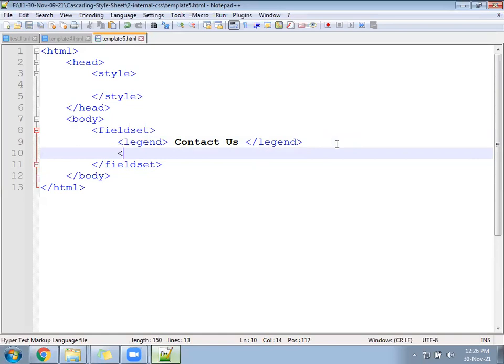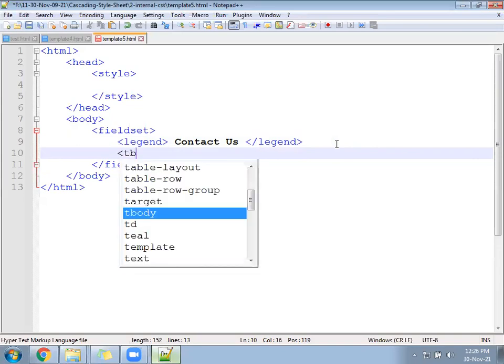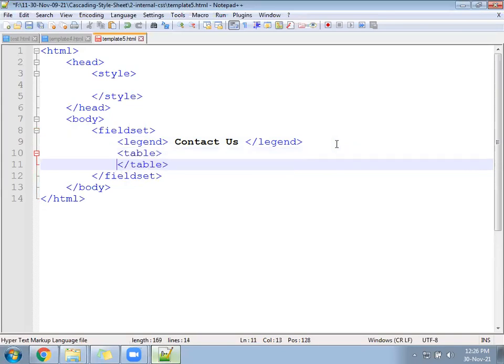Okay, so in this example I'll follow the table. Next example will not follow the table. So let's create a table also.